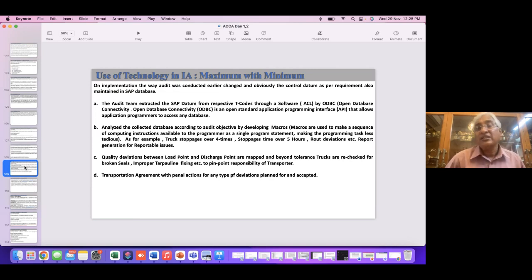You can directly collect the data through this mechanism and then analyze the collected data according to audit objective by developing macros. Macros are used to make a sequence of computing instructions available to the programmer as a single program statement, making the programming task less tedious. As for example, truck stoppages over 4 times. You have decided that on the 800 kilometers, a truck should not stop more than 4 times, because for natural calls, bio breaks, for food, water, drinks, tea,